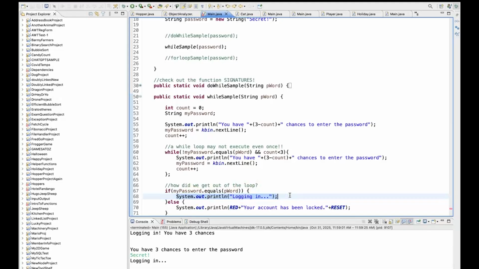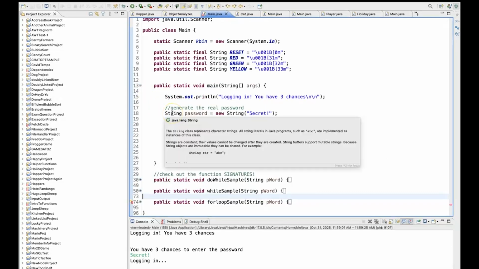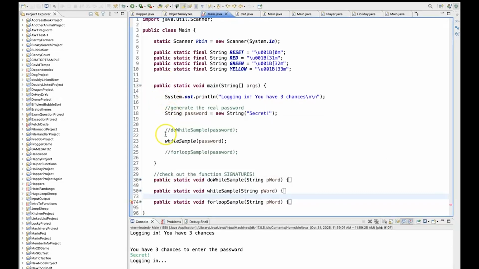Okay, so that's the difference between a while loop and a do-while loop. A do-while loop's code will always execute at least once. However, with a while loop, there's no guarantee that the code will execute in the loop. All right, very quickly, let's go into the for loop sample